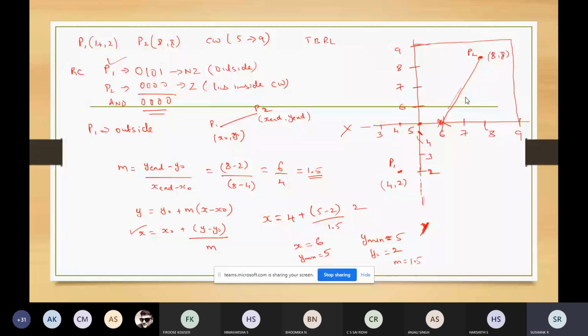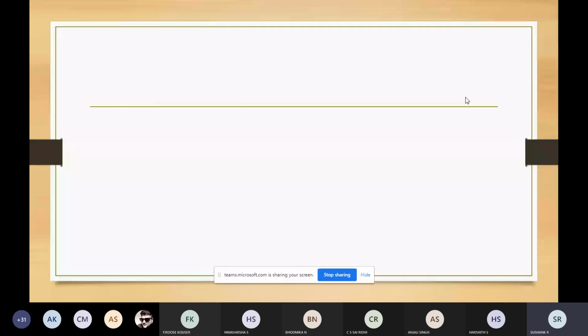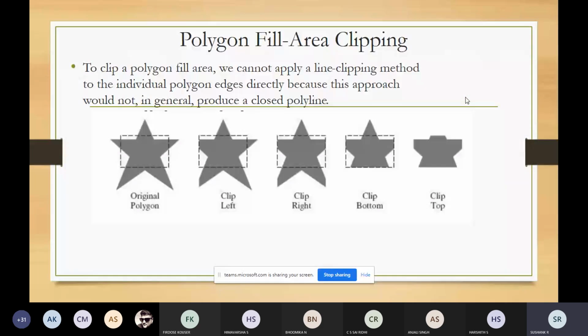Similarly, now we have polygon clipping. In the first case, we were clipping the points by taking points greater than the minimum and less than the maximum coordinate values. After that, you used Cohen-Sutherland's algorithm, performing the clipping using the region code. Now the third scenario: here we are talking about the clipping of polygons.